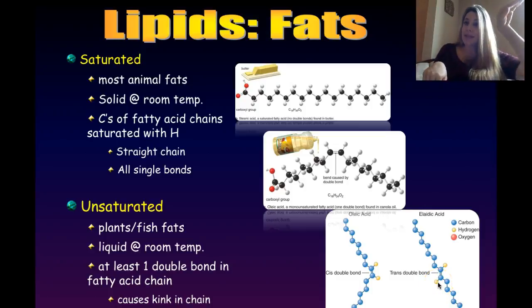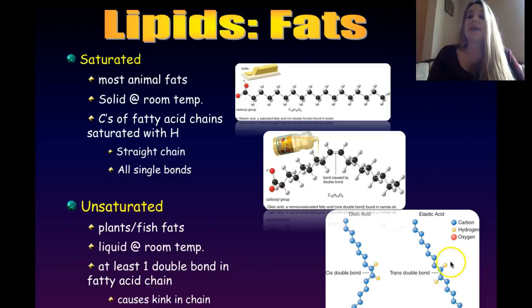So this is called the trans configuration. They are on the opposite sides of each other. So this is a trans fatty acid. And trans fats, you've probably heard, are really bad for you. That is one of the biggest contributors to heart disease in this country. And so there's definitely a big movement to try to eliminate trans fats from the American diet. So generally, unsaturated fats are better for your health than saturated, but not if they're in the trans configuration. Fun stuff to tell your friends at parties.